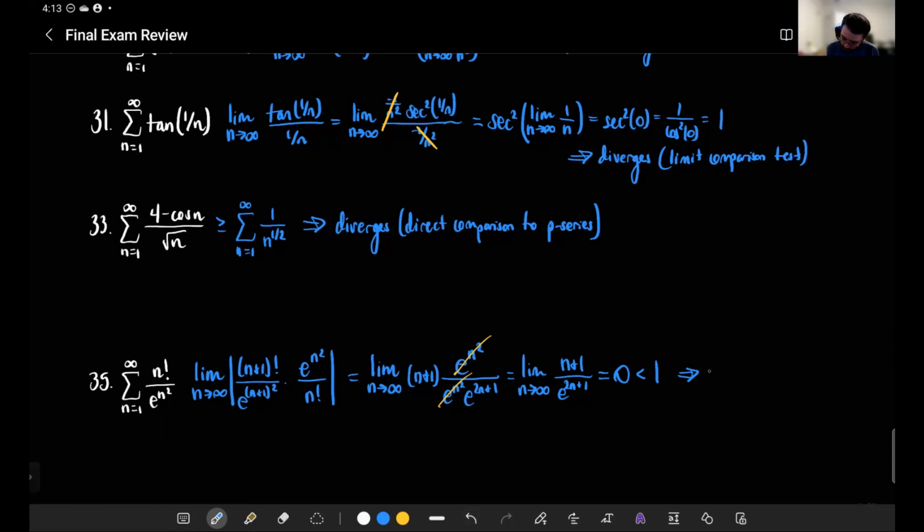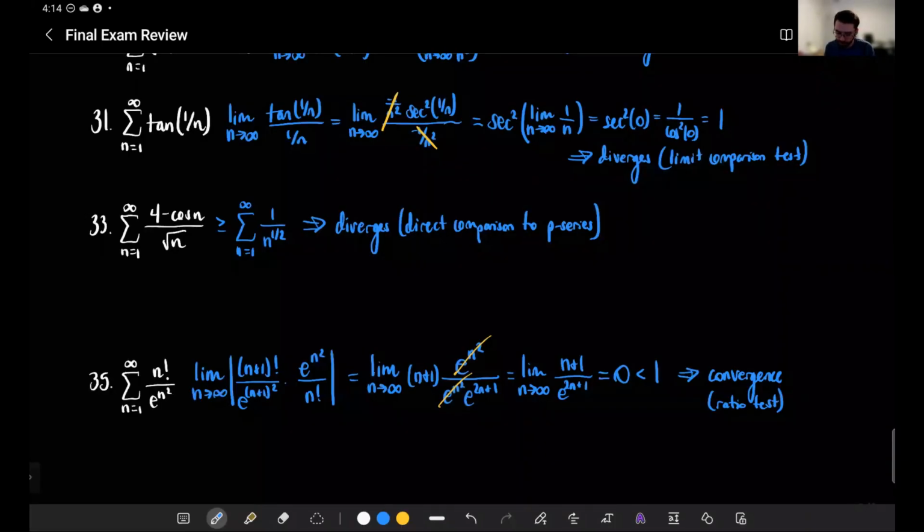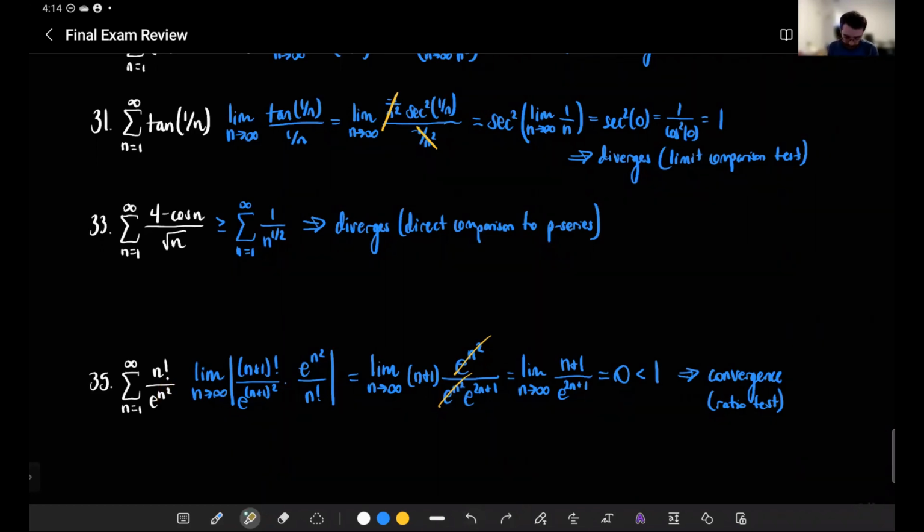Okay, well, that implies absolute convergence. So that implies convergence by ratio test. I guess sometimes intuition can fail you. But anyway, I guess it's coming from the fact that this is n squared in the exponent. So the bottom is blowing up faster than it would have been if it was just e to the n. Anyway,